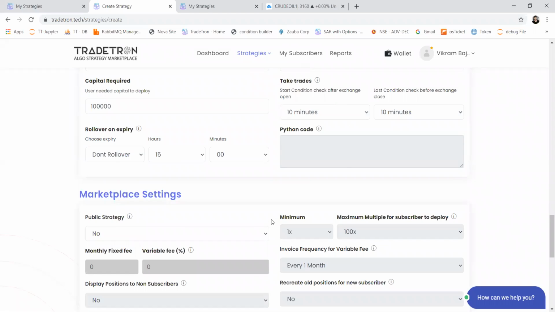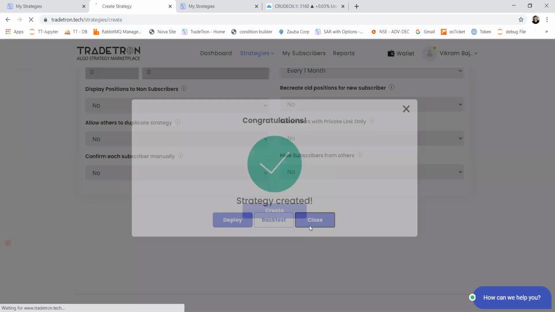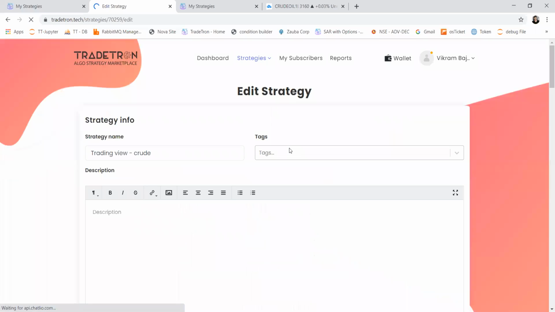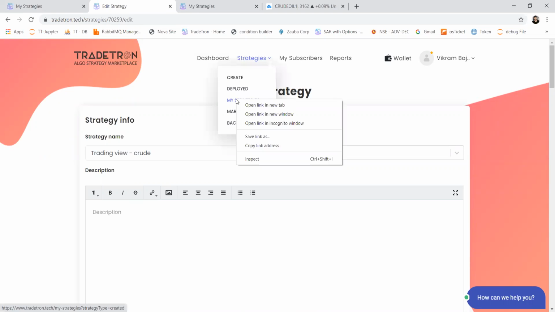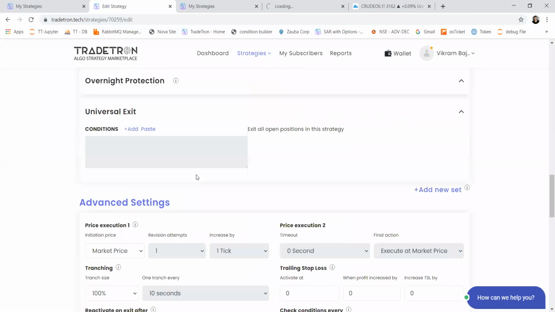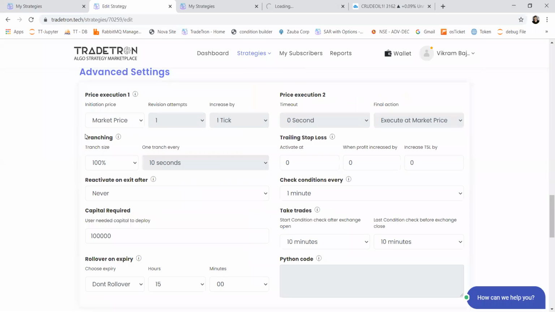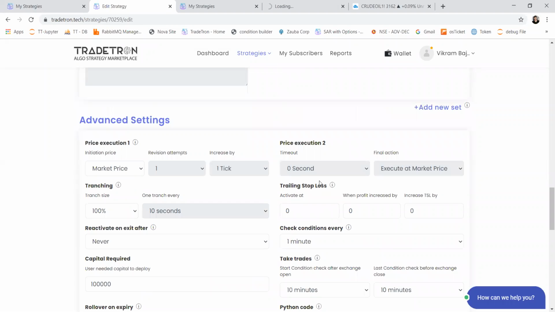So once this is done, we'll just create the strategy. And also one more quick setting. I can see this in my strategies page, but before that, I just want to show you the advanced setting part. So in advanced setting, this is a price bidding algo. This we have explained in our previous videos as well.